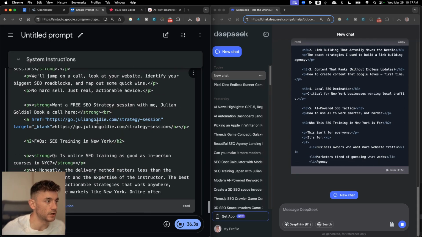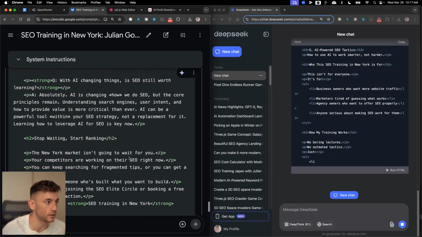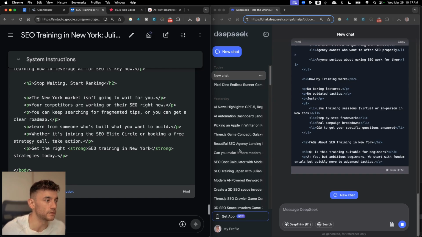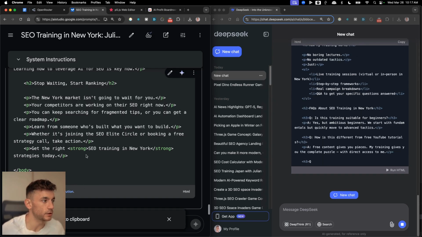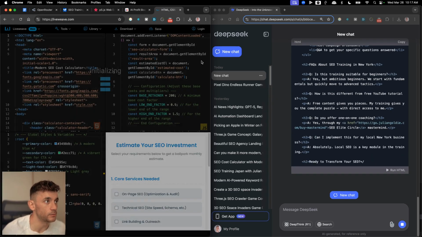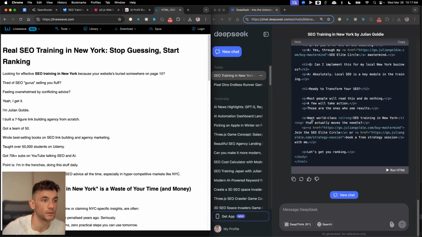For sure, Gemini, even though it's a thinking model, is way faster than DeepSeek. Look how much quicker it is at responding versus DeepSeek. This already finished. DeepSeek is still going. All right, so we're going to test this out now. We'll grab that content, the HTML, and we'll plug it into the preview over here,